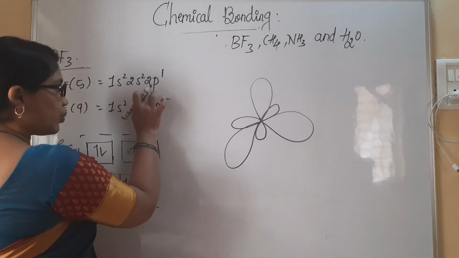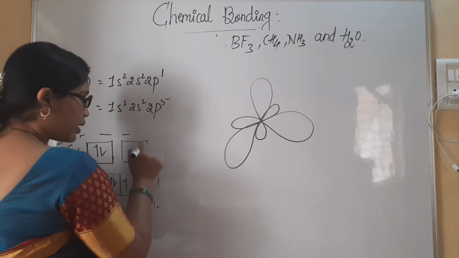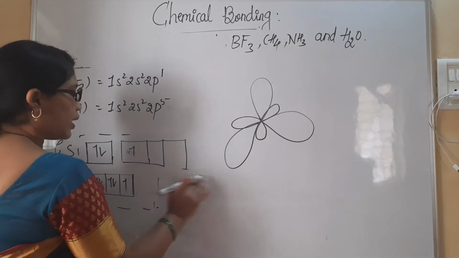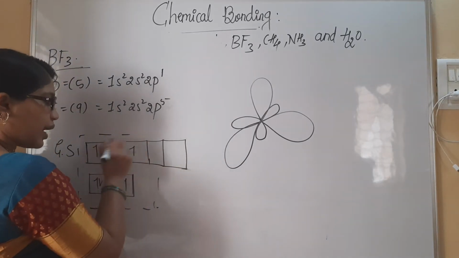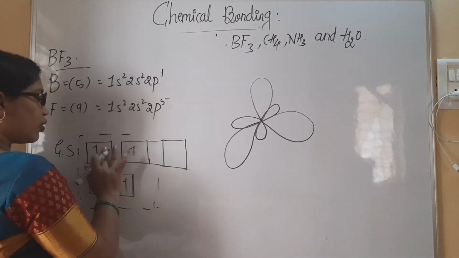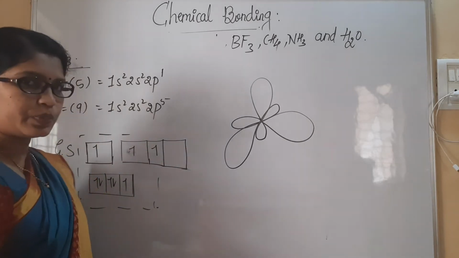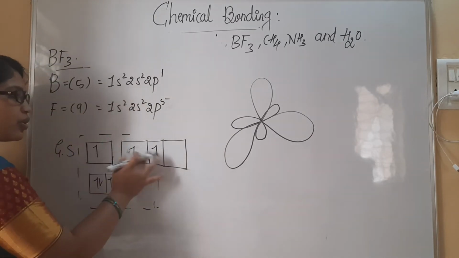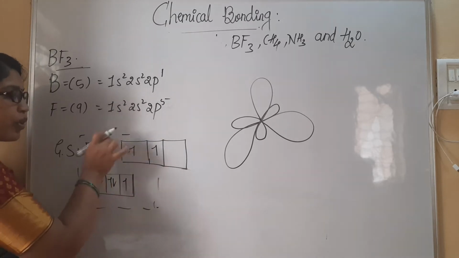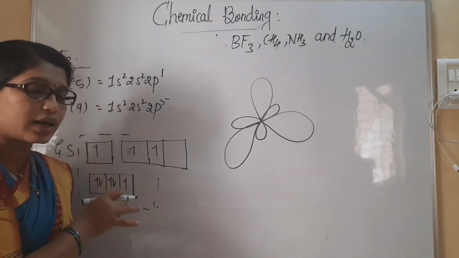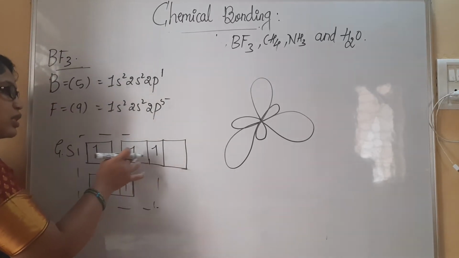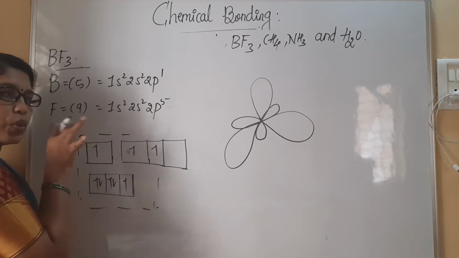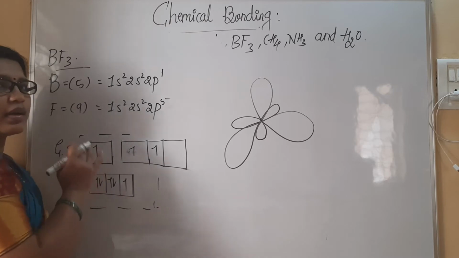Further, this is said to be Px. Definitely when Px is there, Py will also be there. Okay, Pz will also be there, right? And the intermixing will happen in such a manner that one of the electrons of S will be shifting to P. 3 electrons are present here. These are said to be orbitals in which one more electron will come and join here. In these 3 vacant positions or orbitals, 3 fluorine atoms will be combining here.